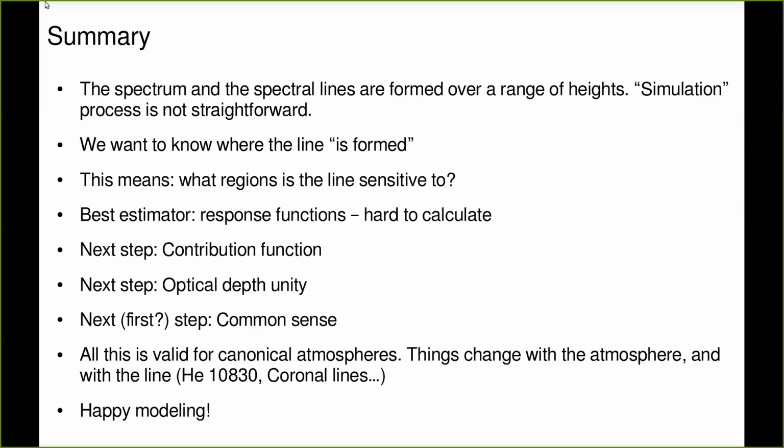And this was all assuming that your line is formed in some sort of an atmospheric model. As Jana said before, when we go to some examples, it's going to become much less clear. Like, for example, helium 10830 or coronal lines and stuff like that, they are formed in something that's above this atmosphere, some sort of loops or clouds or something like that. And then it becomes much harder, just by looking at them from above, to say where they are. Right? If you're looking at the cloud from above, you don't say it lies at 500 or 5,100 kilometers above the photosphere, because the things look the same to us from very far away.